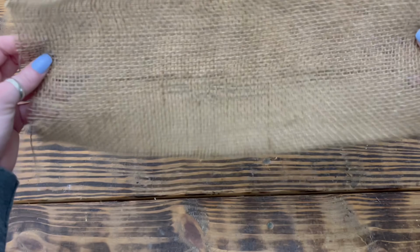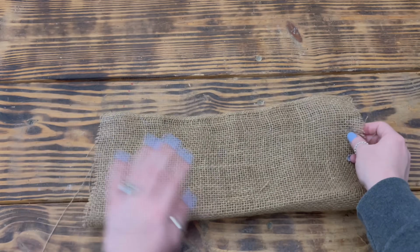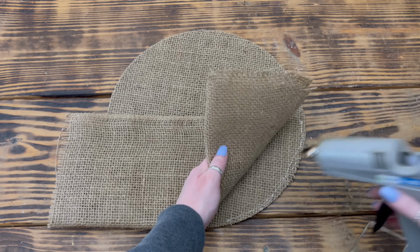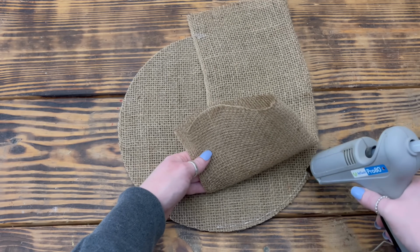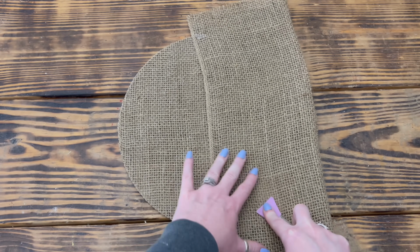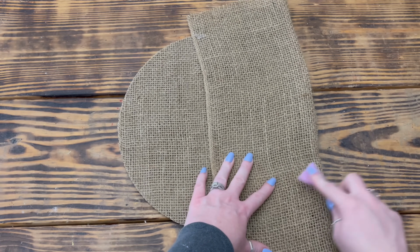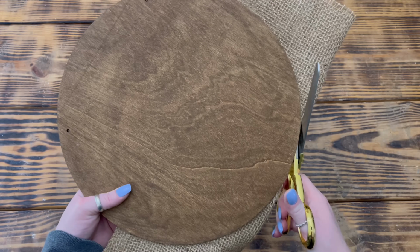Next, I took another piece of the burlap that was a little bit smaller than the first piece and again folded it in half, but this time I placed it in the center of the wood round and used hot glue to attach just the sides and the bottom to the wood to create an open pocket. Again, I made sure that both pieces of the burlap were secured to the wood and cut off the excess